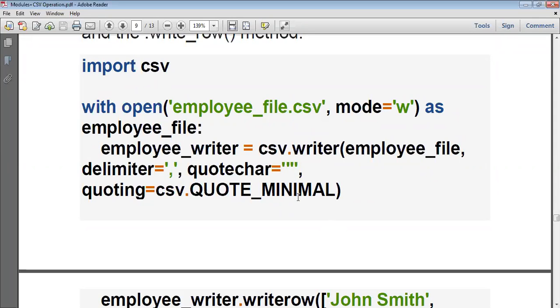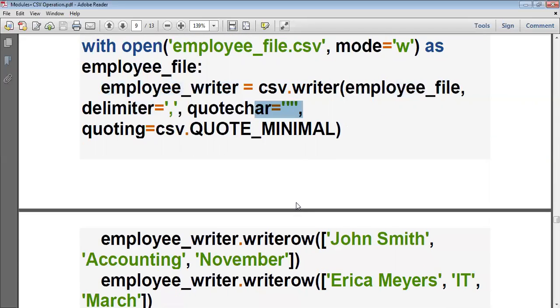That is the meaning of this. Using csv.writer, I have created a writer object. Inside this writer object, I have given the file name, the separator I want to use, and how the string has to be represented.